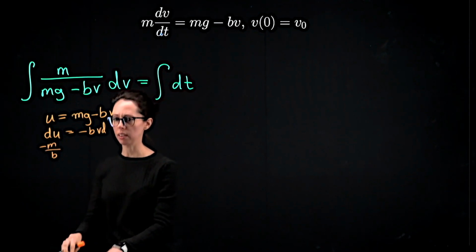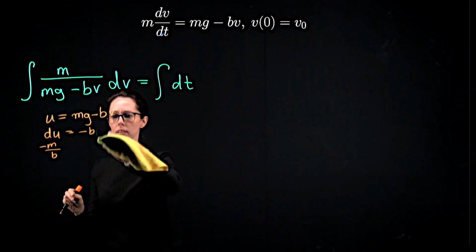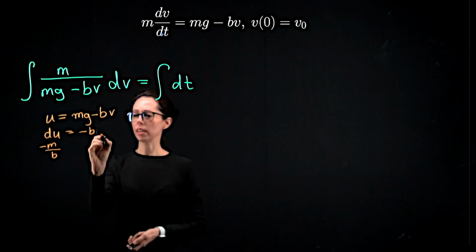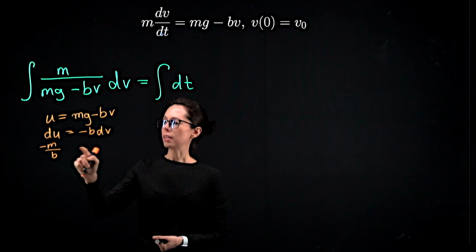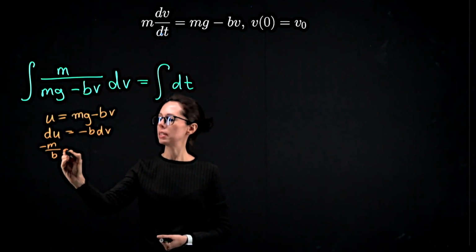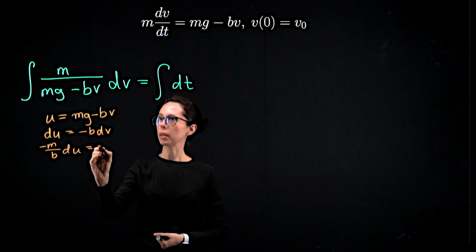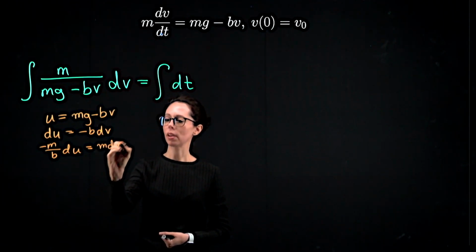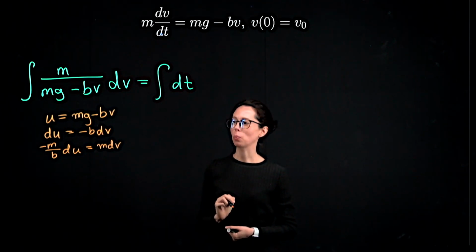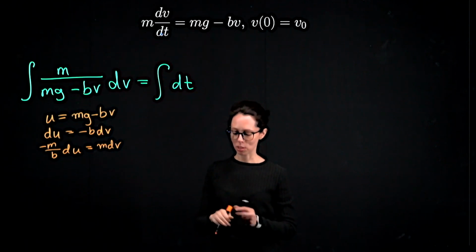I wrote vd. That's very strange. I meant to write dv. Negative b dv. I was thinking about the division or something. Okay, so that we have negative m over b du is going to replace m dv. All right. I may have made it worse instead of better, but this is the u substitution that I'm going to set up